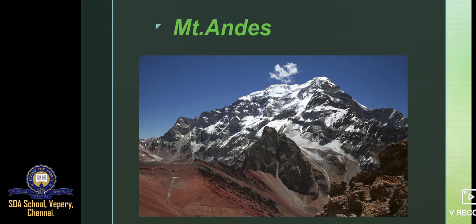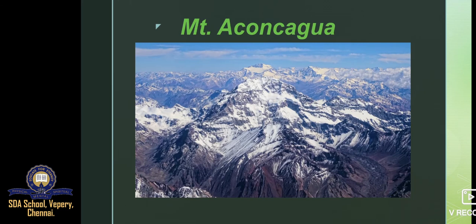These mountains stretch from the Caribbean Sea in the north to the Cape Horn in the south. They are the second highest mountains in the world after the Himalayas. The Andes Mountains have three ranges. Two of them on the eastern side are very high. They reach their highest point at Mount Aconcagua. You can see in the picture Mount Aconcagua in Argentina. This is also the highest peak in the southern hemisphere.